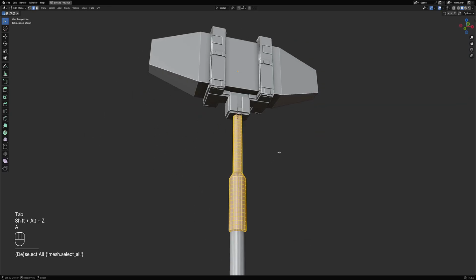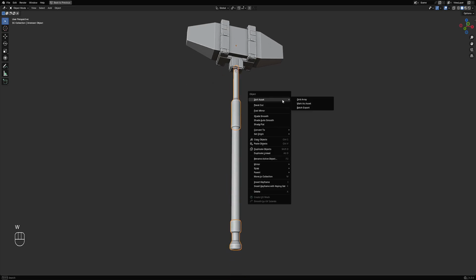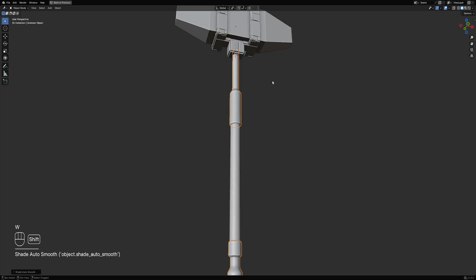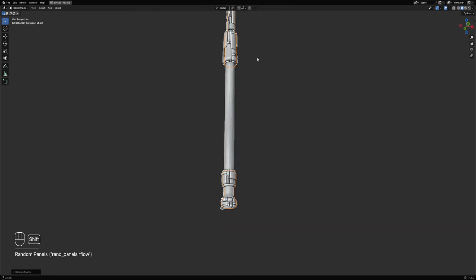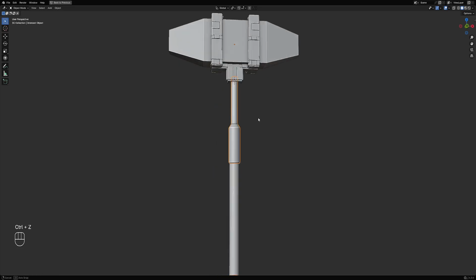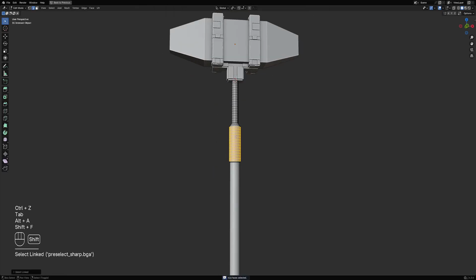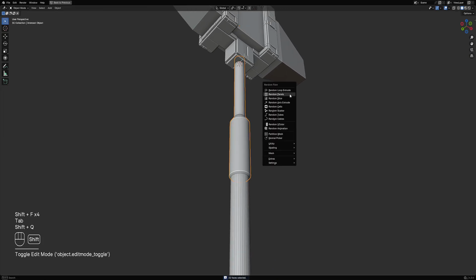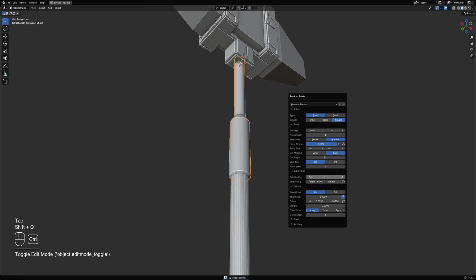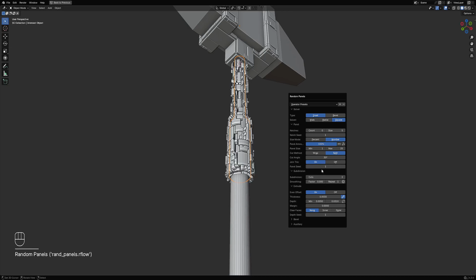And this one, we're going to shade auto smooth. So this one first. So in that, okay,